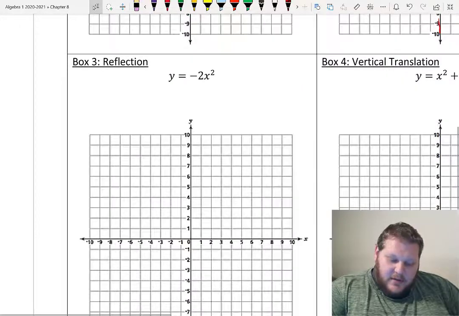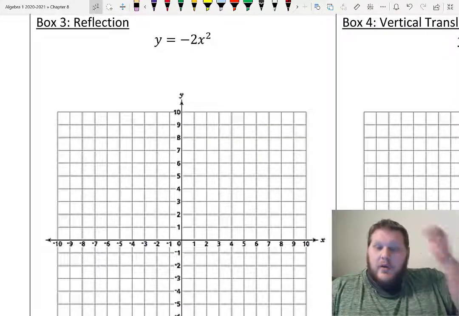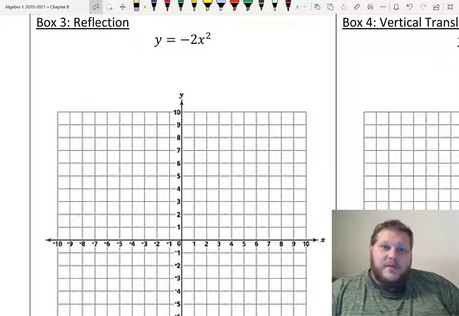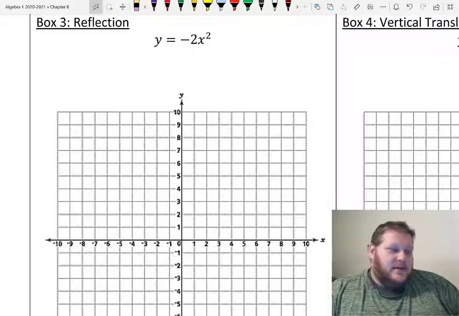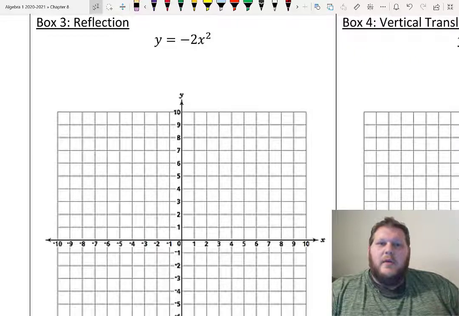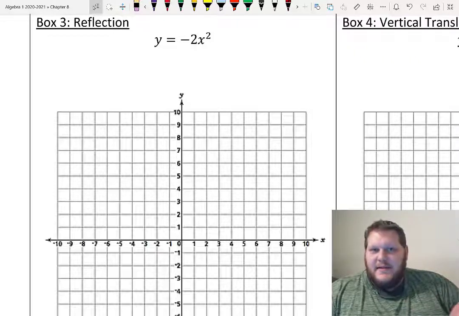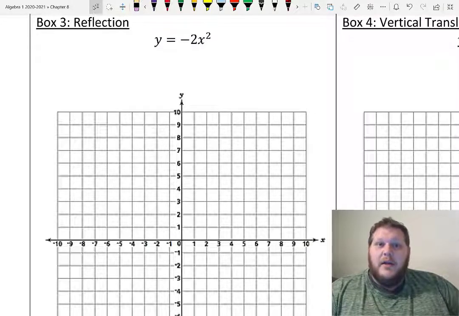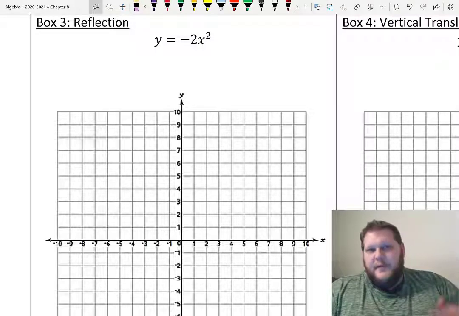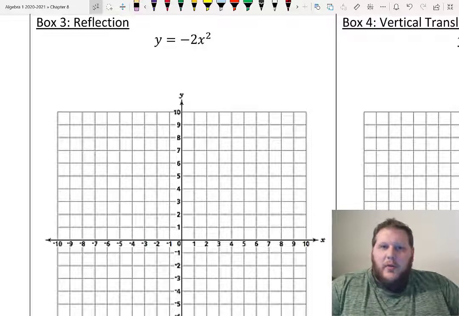Okay. Next one, box 3, adding a reflection in here. If you don't want to keep track of these rules, you're not going to be asked to describe the transformations. You're not going to be asked to tell me whether it was a stretch or a shrink or a reflection or any of that stuff. Moving forward, you're going to be dealing with just some graphs that might have these numbers as their A values. If you remember from that standard form of what a quadratic looks like when we were doing our solving, if we had a leading coefficient of a number, it made our factoring a little bit more difficult last chapter. Here, this is just how we're going to handle what those A values do